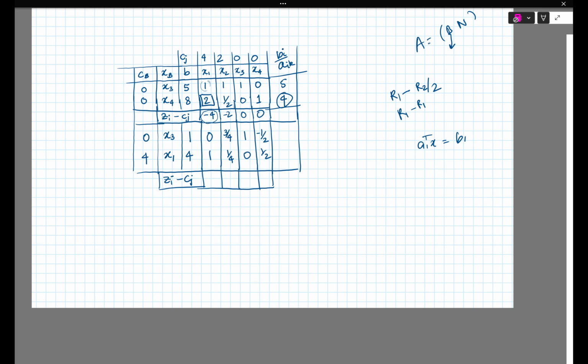So that doesn't make sense. Another thing I could have done is 2 times r1 minus r2. That would also make this 0, but that will make this 2. So then it's not an identity matrix, and this constraint will not be valid, because we wanted identity. I did r1 minus r2 by 2. Okay,